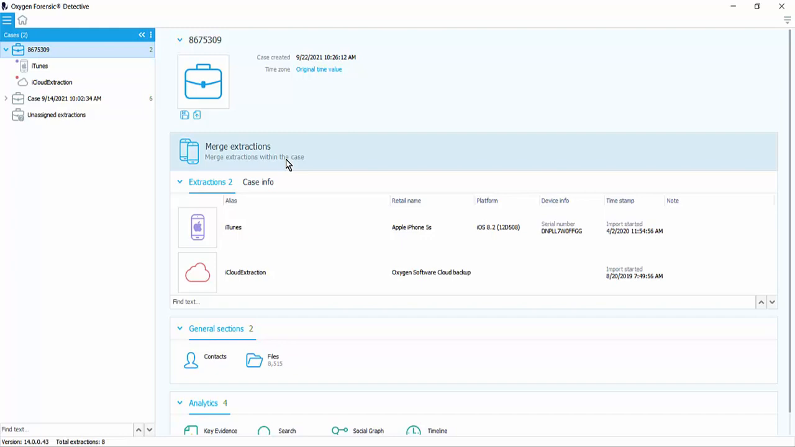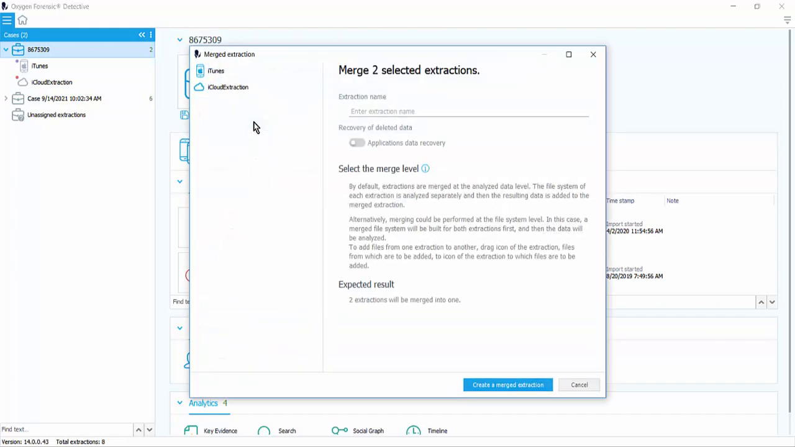All right, so let's do this. Let's click Merge Extractions. And here are our options. iTunes, iCloud extraction. These are the two we want to merge together. So what does this tell us right off the bat? It means you need to create a case and put the extractions you want merged together inside of that case. And then you have that tool to merge the extractions. So we can call this